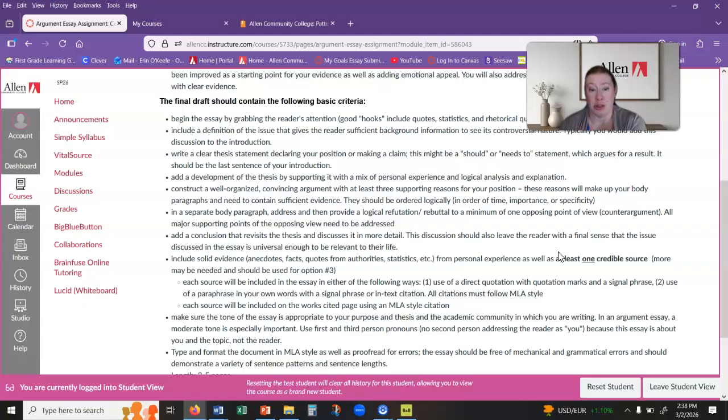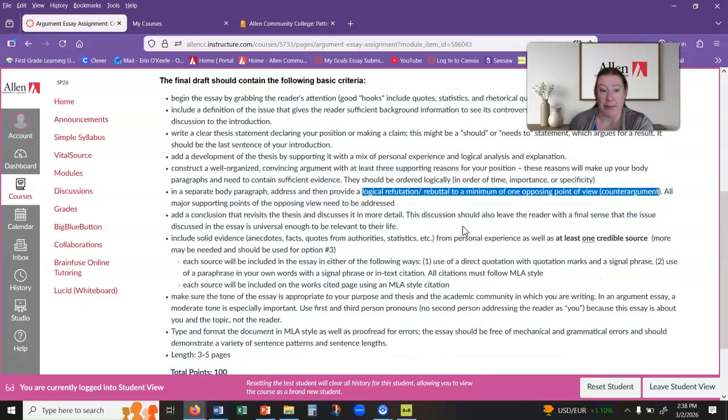You are going to address that opposing viewpoint or question, a counter argument, anything that is just what someone else might say against that, and then your logical, what we call a refutation or rebuttal, brings it back to your side.